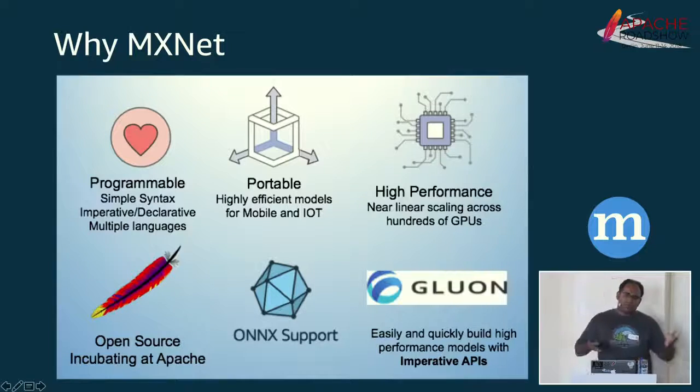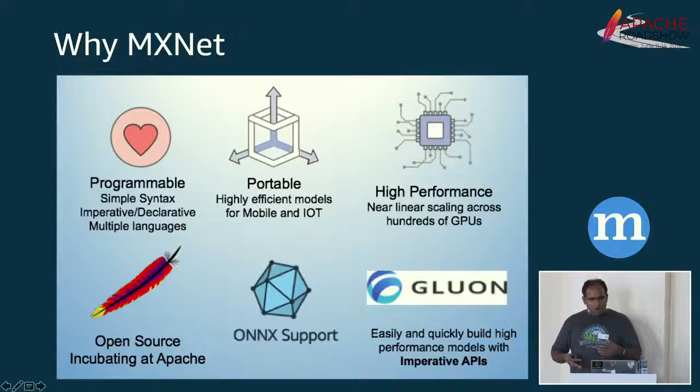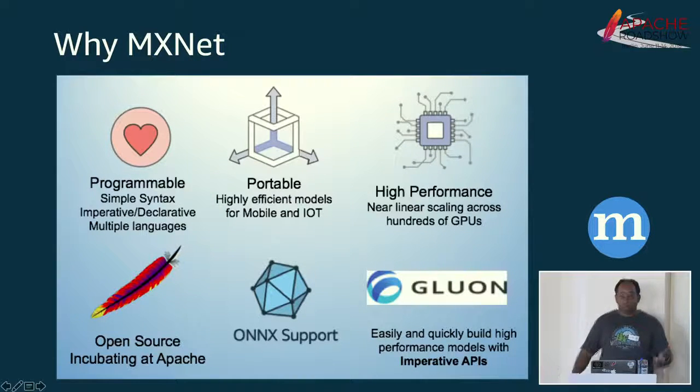And then there's Gluon support. Gluon is another open source initiative to simplify and standardize the deep learning APIs. It's led by Amazon and Microsoft. This offers imperative APIs that are easy to understand, easy to use. MXNet not only implements these APIs, it also on the back end transforms into a highly efficient symbolic graph. So now you not only can quickly prototype your model, you can also deploy it to production without losing any performance.